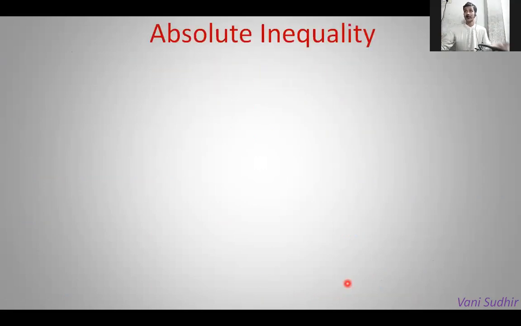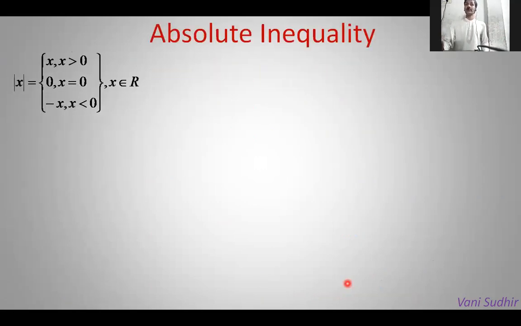Before that, we should know what is absolute value or modulus. Modulus x is denoted by using two vertical lines. If x is any real number, how will we define modulus x? If x is greater than 0, for positive values, modulus x is x itself. For negative values, modulus x will be minus x. If you take minus 3, here minus of minus 3, modulus of minus 3 will be equal to 3. That means modulus will always be positive and it will never be negative. If x is equal to 0, modulus x is also 0. 0 is exceptional. This is about the definition.